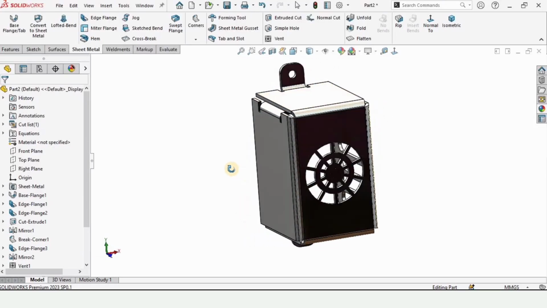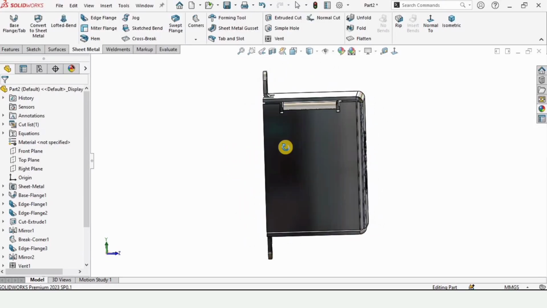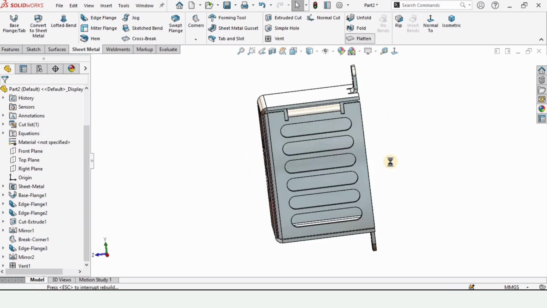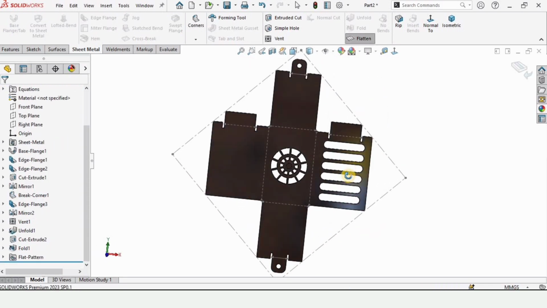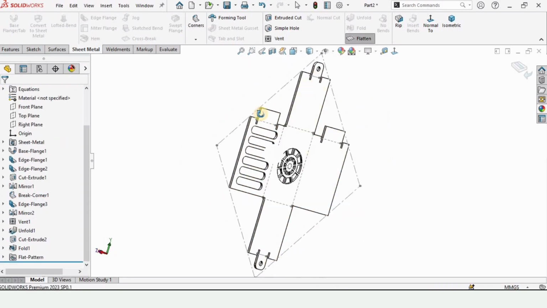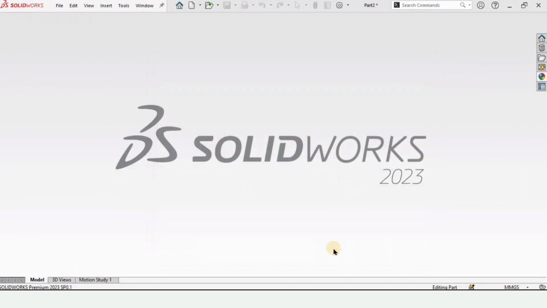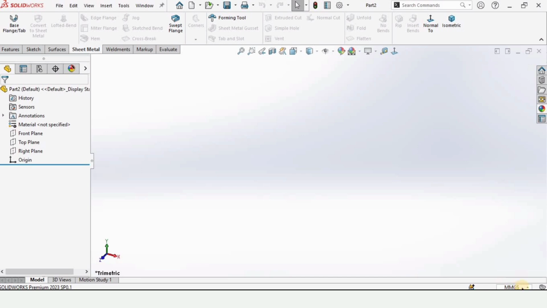Welcome to this sheet metal tutorial, guys. In this tutorial I will explain how to model this electrical box in SolidWorks, and this is its flattened version. So let's begin. Click on part and then click OK, and after that make sure that you are working